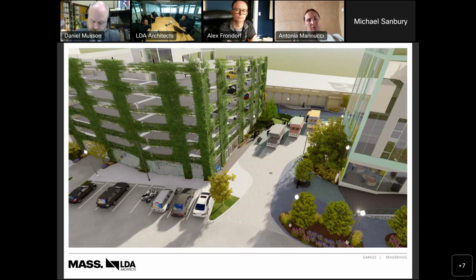I think we're trying to make it a little more dynamic, something that will change over time and continuously improve the look of the garage, so it's not so much a static facade. It changes each year. Can you provide any examples of where this treatment was given to a garage within the same climate or planting zone as Cleveland? Yeah, we could put together a slide of example projects.